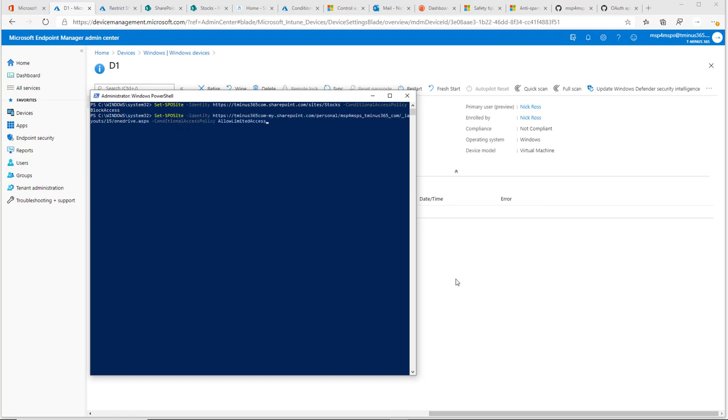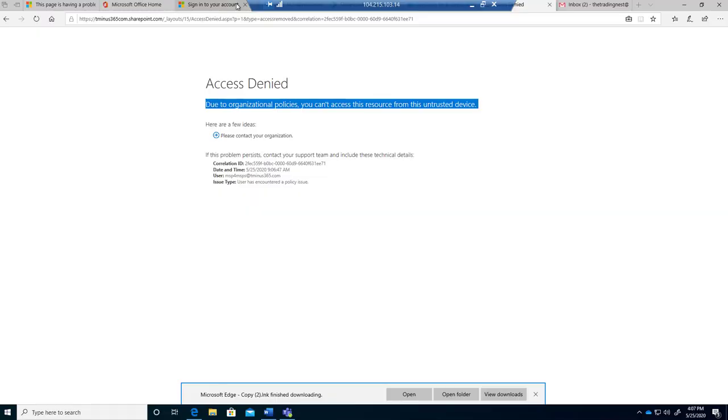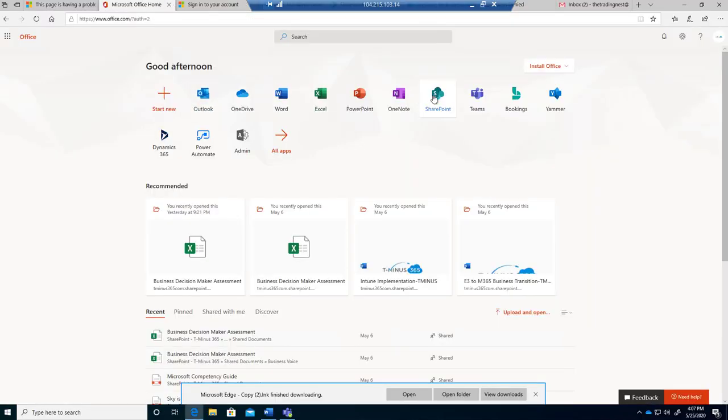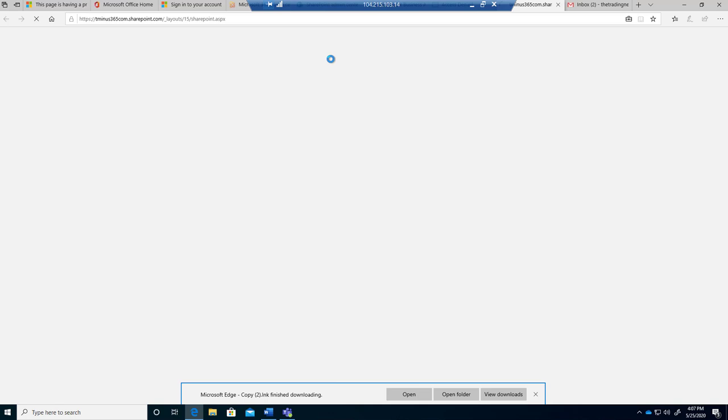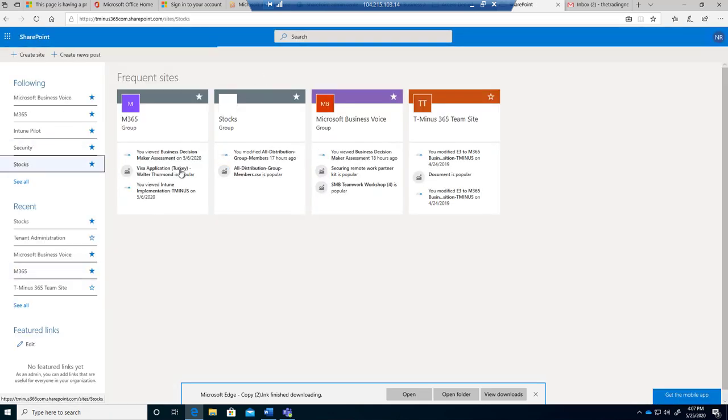in that sense. So if we go back up here, we can say we're going to still use this site here, but allow limited access. This is the parameter that we're defining here. And now if I go back to this device, go back to SharePoint, click on stocks,